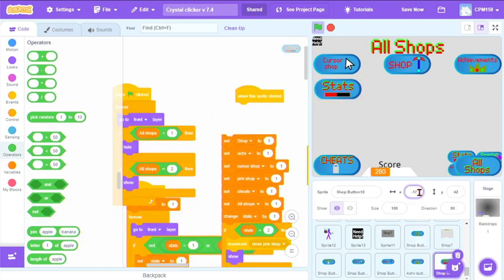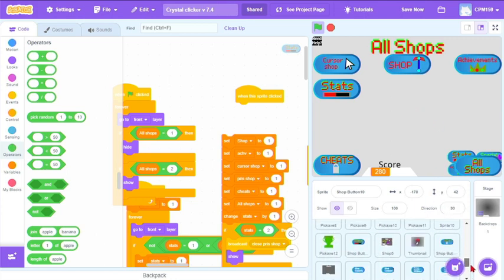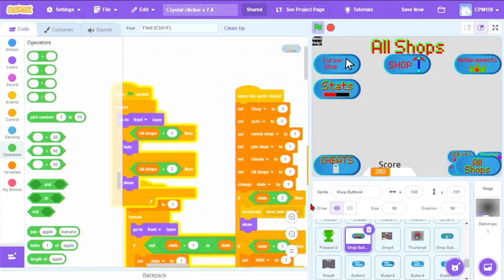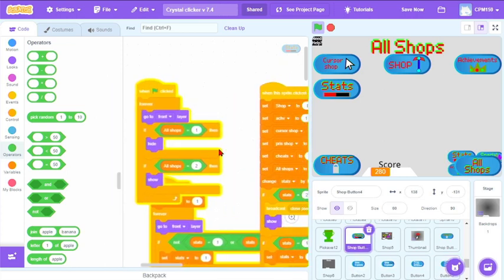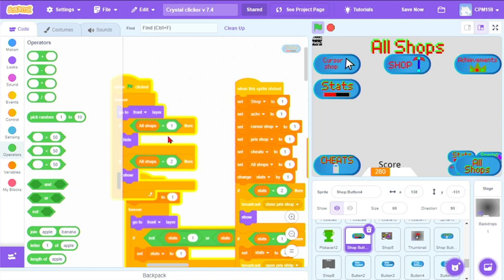So this one is off by 2 pixels. There we go. And then now I go back to the other shop button, and the other stats button. And then